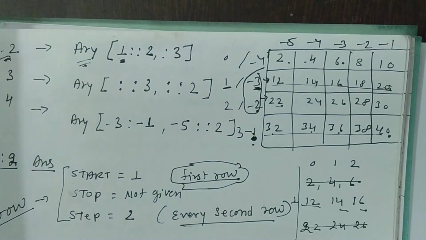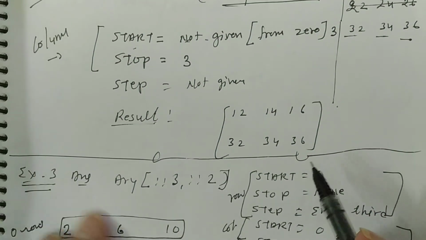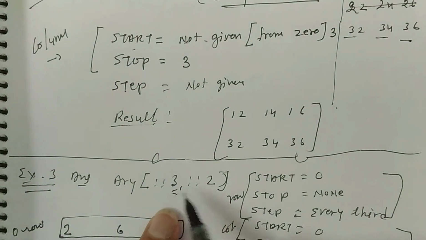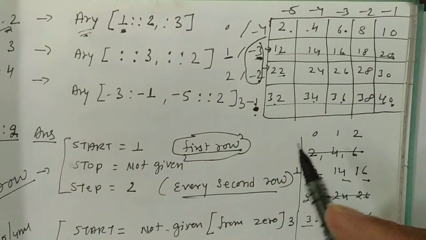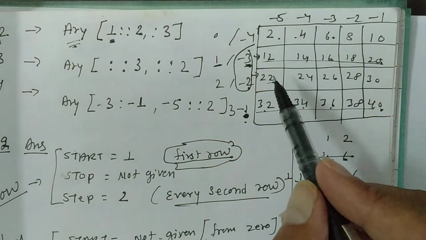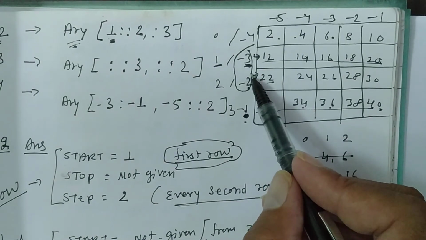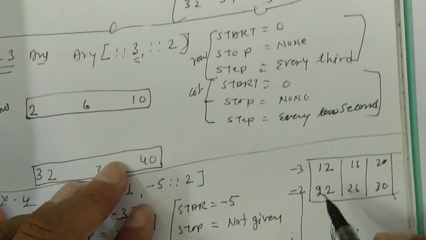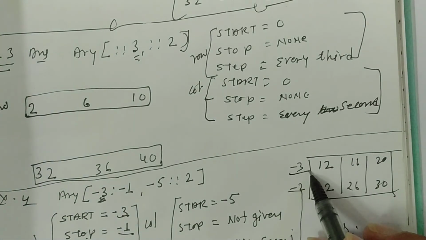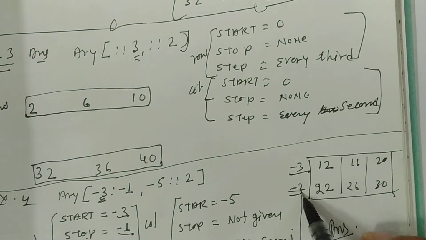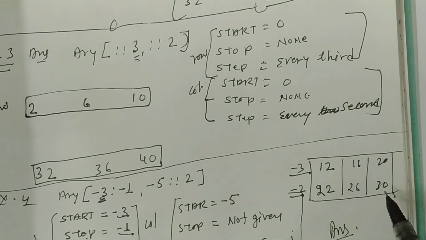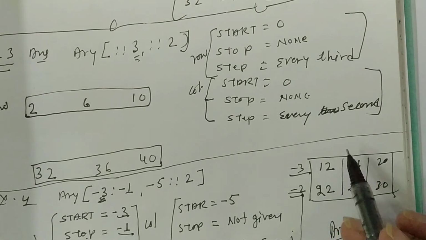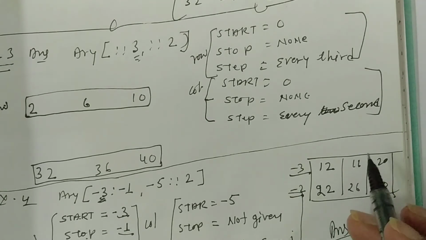Now we'll see what the jump is. Every third, what do they have, every third. So every third means where do we start? Start here. Let's see in the column also. You can see the result here. Every third means 3 and 2, or then 12, then 16, and then 20. So 12 14 is the jump of that one.